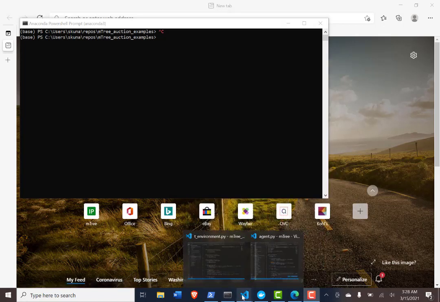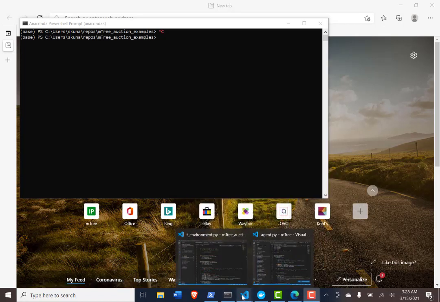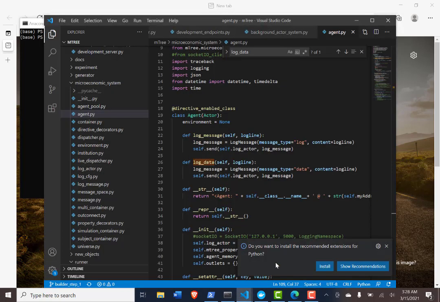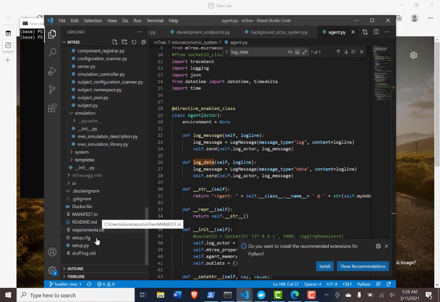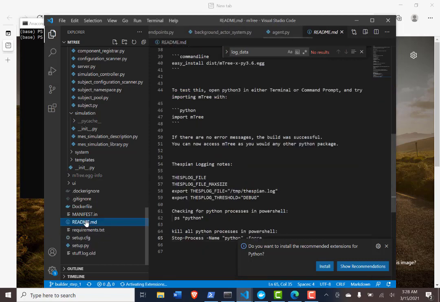Hello, this video is to introduce you to some new changes that we've made to the mTree system that you can download and make use of immediately. So the first thing we have to do is look at a new version of mTree that's available